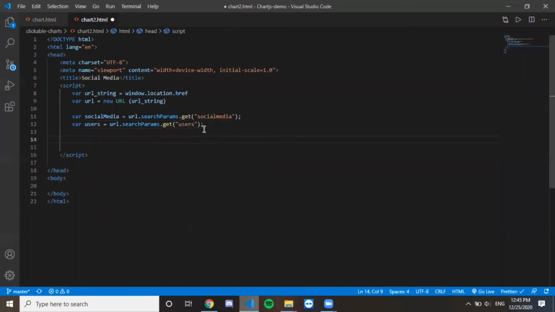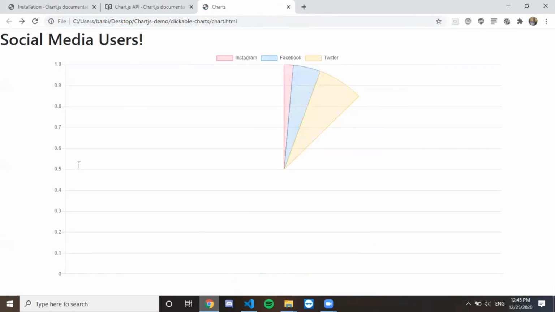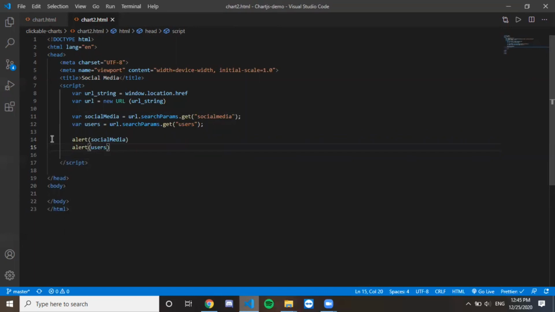Let's make sure by alerting them before doing anything. So alert social media and alert users. Okay, so let's go back and click on this. Okay, now it's alerting Twitter and 50. Now we're sure that we can get this data from the URL. That's great. Okay, now I want to get it into my HTML. There is an easy way to do this. We use something that is called